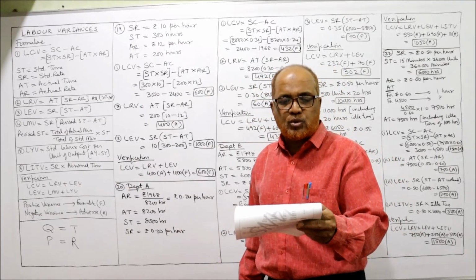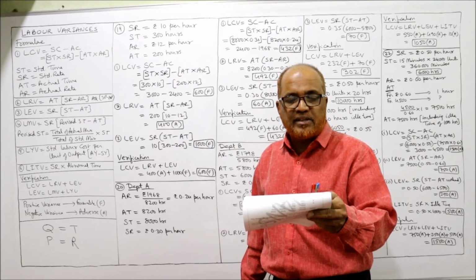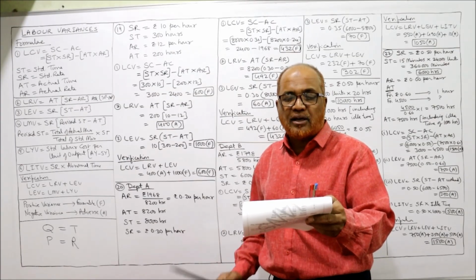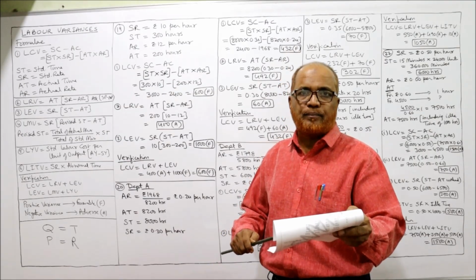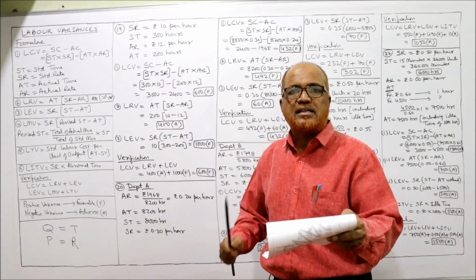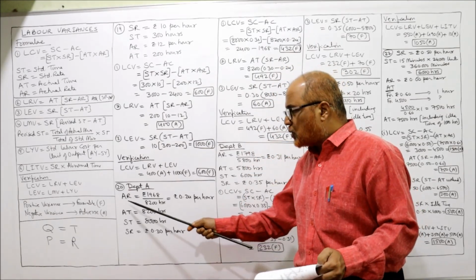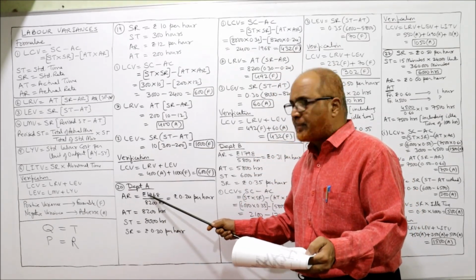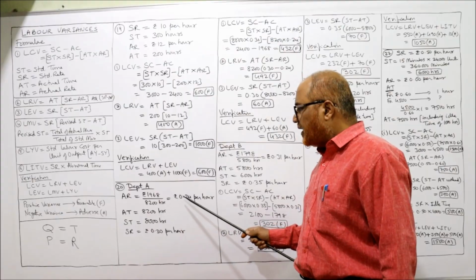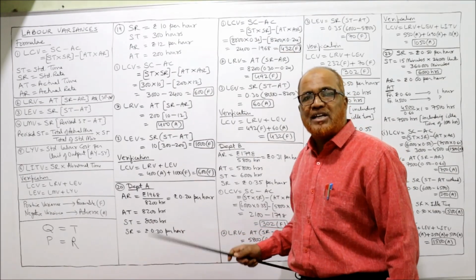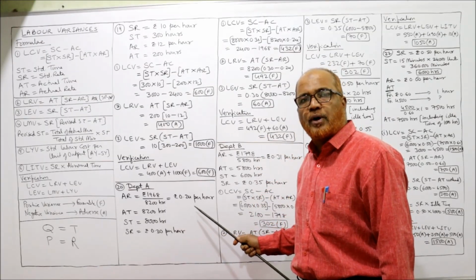Actual gross wages 1968. These are the total wages paid. So how much are the actual hours worked? 8,200. The workers have worked for 8,200 hours actually. And the actual wages paid are 1968. By using this, we can calculate actual rate, AR, per hour. So actual rate is equal to 1968 divided by 8,200, given in the problem. You are getting 0.24 per hour. The actual wage rate per hour is 24 paisa, 0.24 per hour.